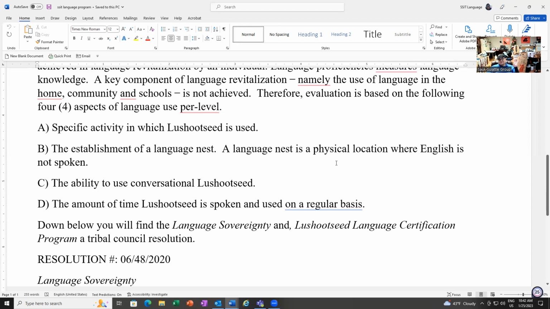Okay, so the amount of time spoken using on a regular basis is the other thing that's going to be key. This can be done with both conversational Lushootseed and language nesting, right? Those are the four aspects of the language class.